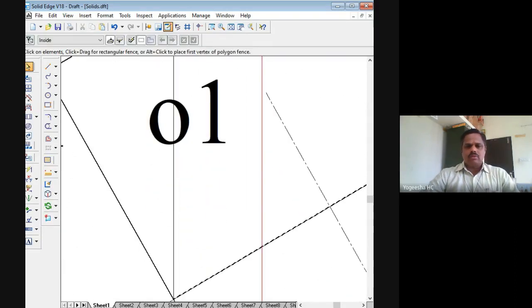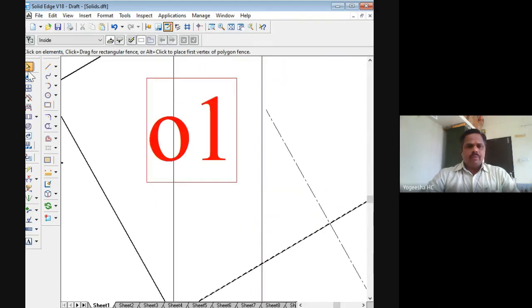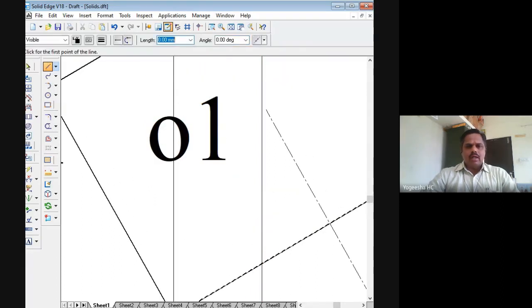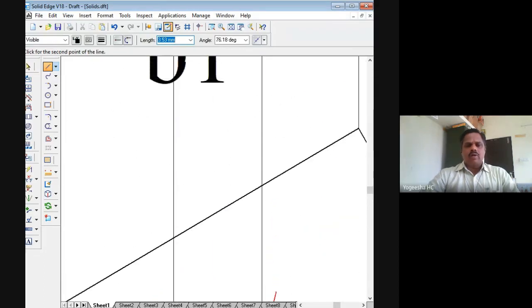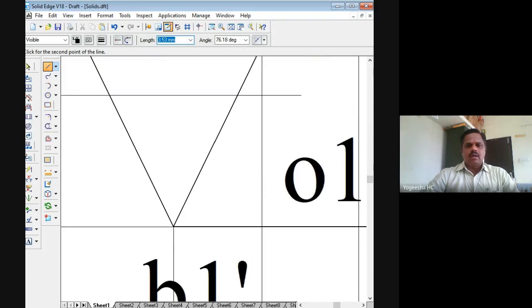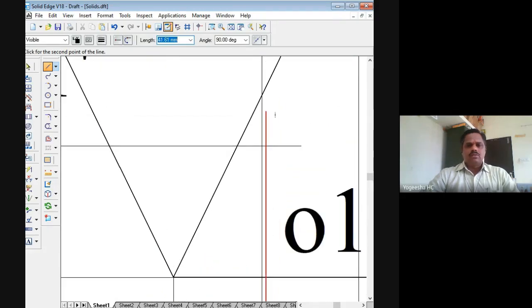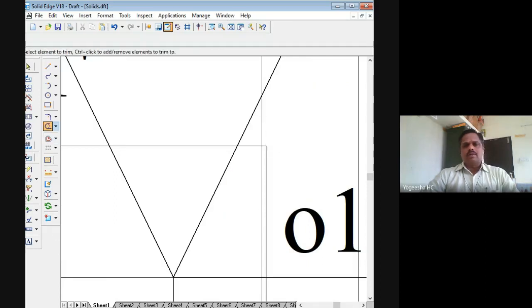It is not moving from here, so I will draw a vertical line again from here. I have to draw the vertical line properly here, like this. So this is perfectly 90 degrees. These extra lines I can trim off now. So this is the point O1 dash.